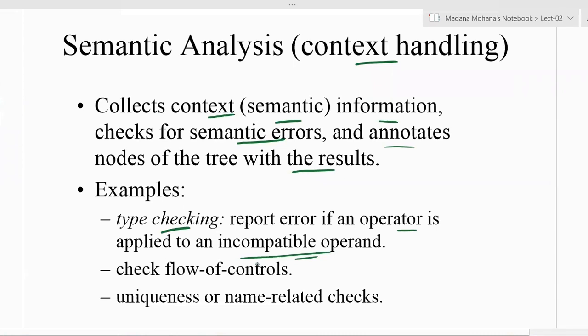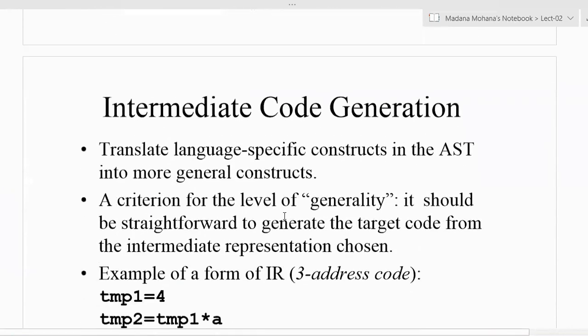At that time type checking gives the type conversion from int to float or int to real, like compatibility. Then a check of flow of control, from the root proceeding towards the leaf nodes. Then uniqueness or name related checks. These are all examples of semantic analysis. The output of semantic analysis is the same as the abstract syntax tree, but with annotation.